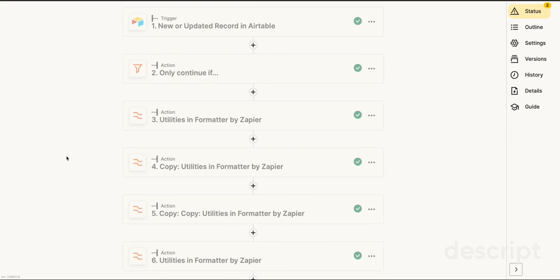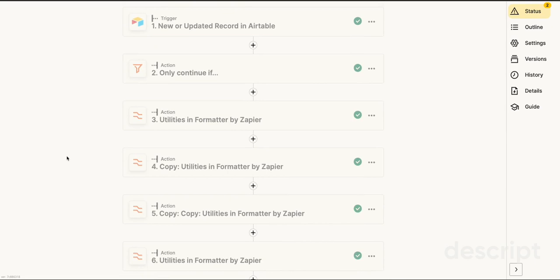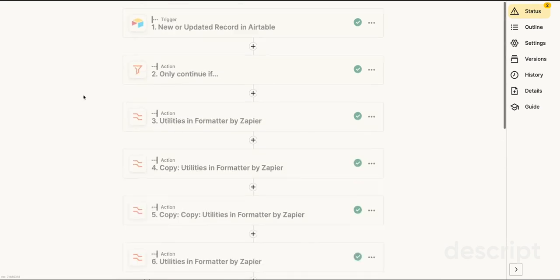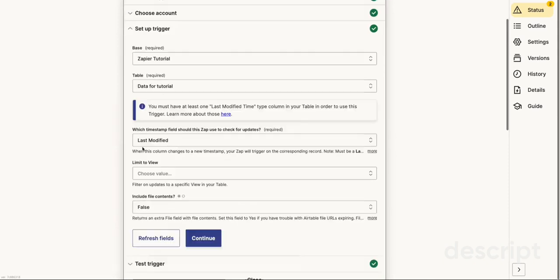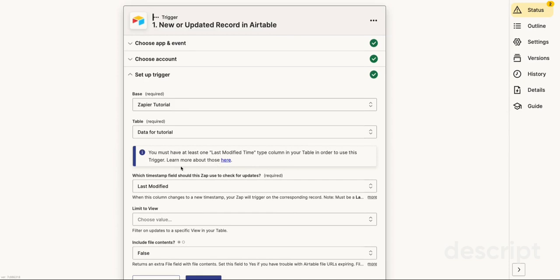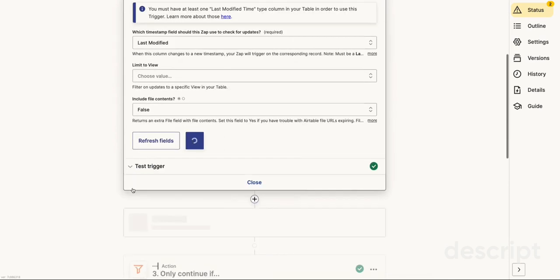The most common way is to have one field that is common between both the trigger and the action. What I would do here is have a field called update Zapier, and it would be a checkbox. In this case, if the checkbox is not checked, then this app shouldn't start. How would I do that? I would add here a filter